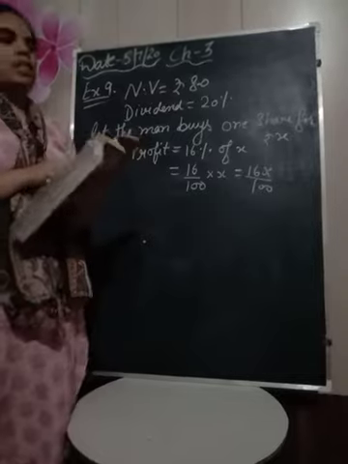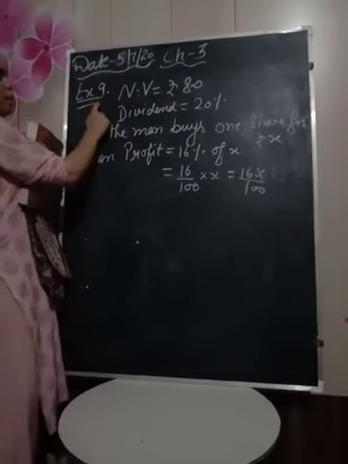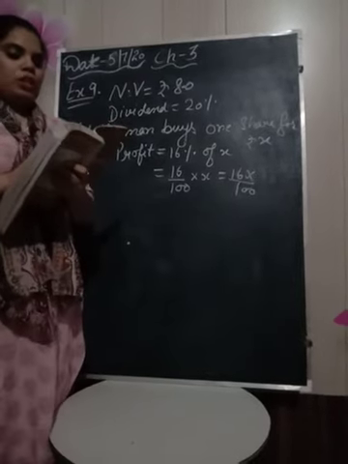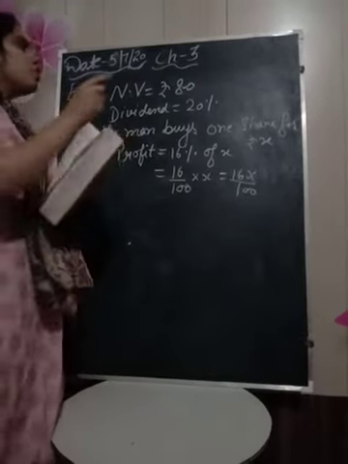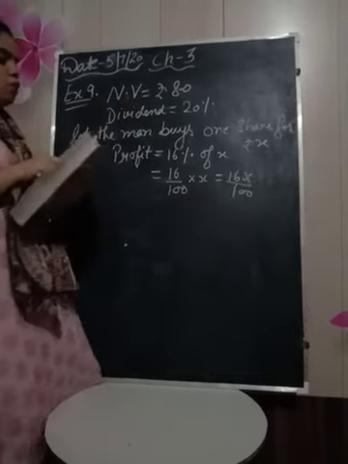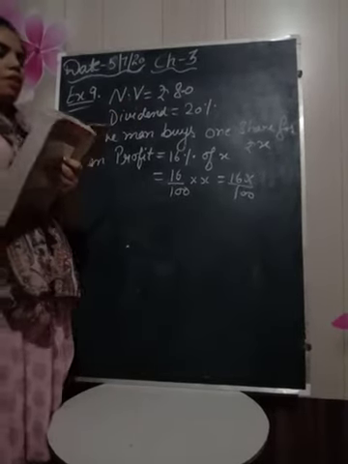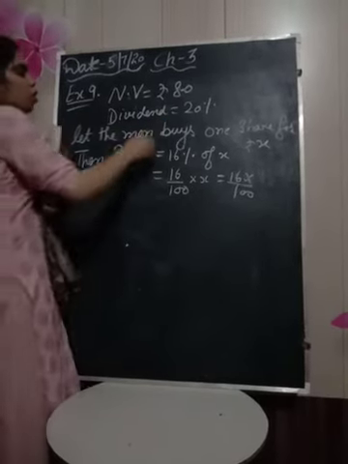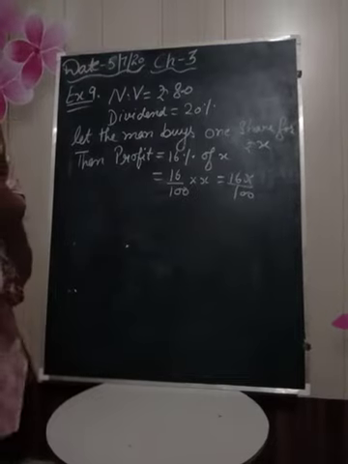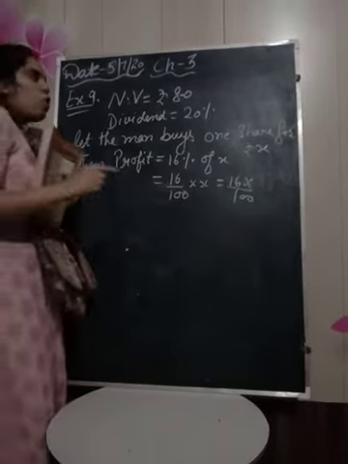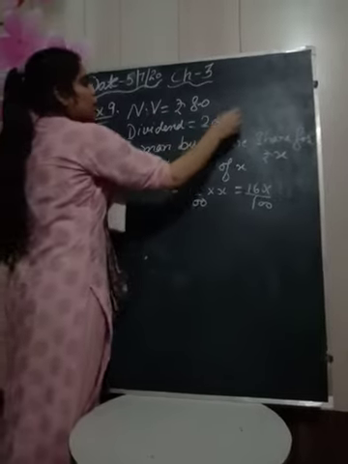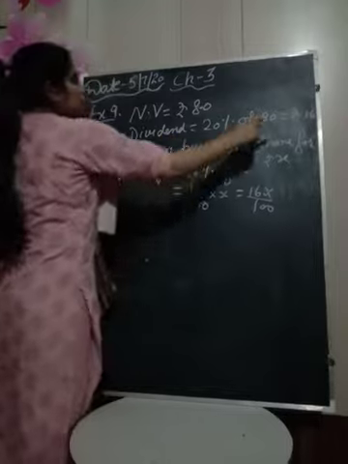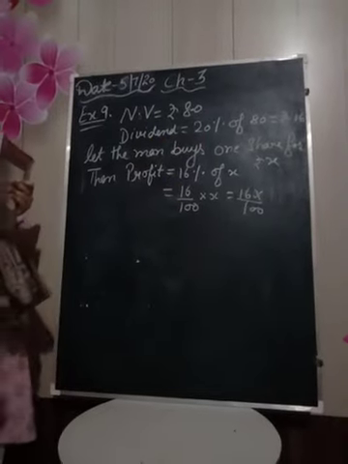So here we will discuss examples. First number, that is example number 9. Check the statement. A man buys a rupees 80 share in a company. Rupees 80 means nominal value, which pays 20% dividend. That means dividend we have given 20%. Here we will solve, and I told you already, when we are solving dividend, always we will solve on the nominal value. So 20% of rupees 80 is equal to rupees 16. So total dividend we have is rupees 16 on each share.